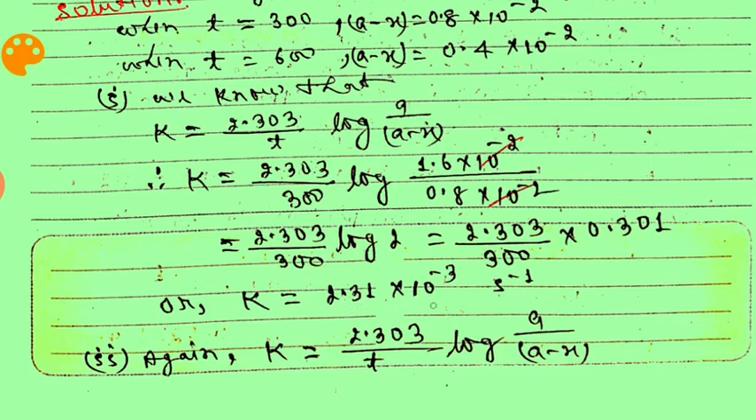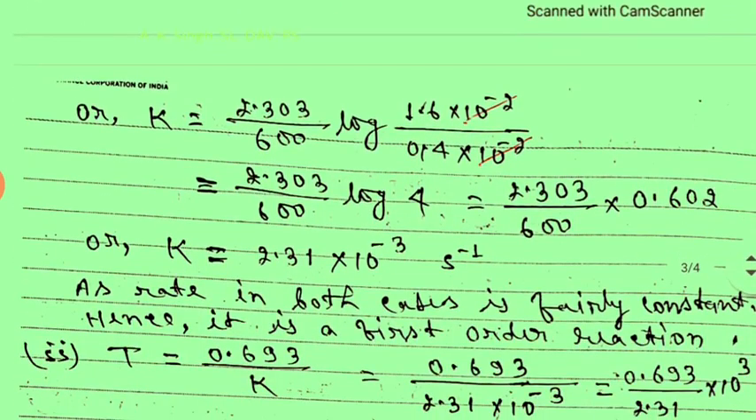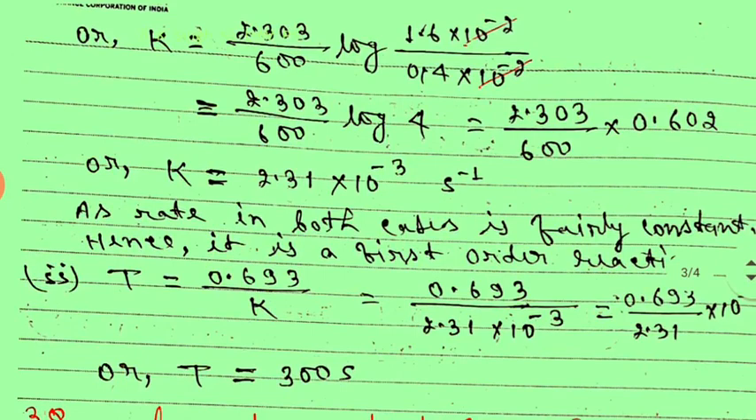2.31 into 10 to the power minus 3 second inverse. It is in scientific notation. Again, we know that K is equal to 2.303 by T log A by A minus X. Again, we have to put the value of A, X and T. Then we get, what we get? K is equal to